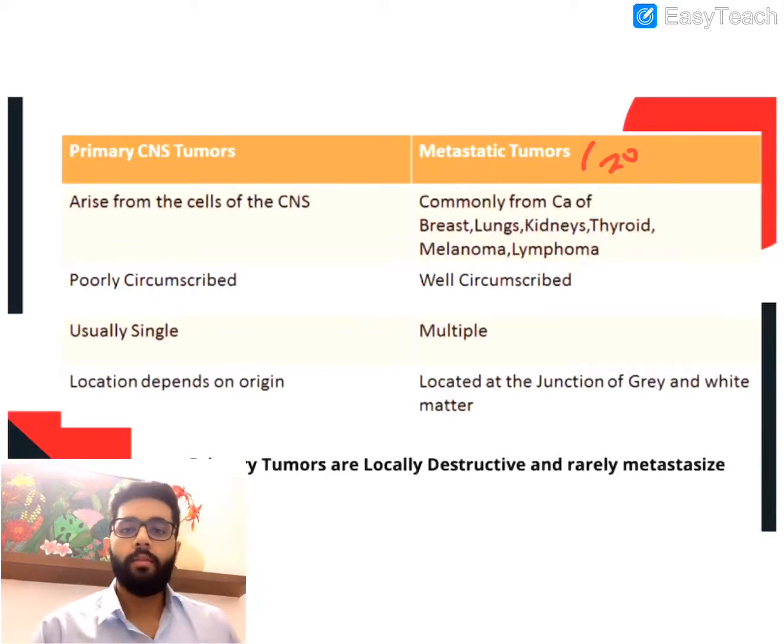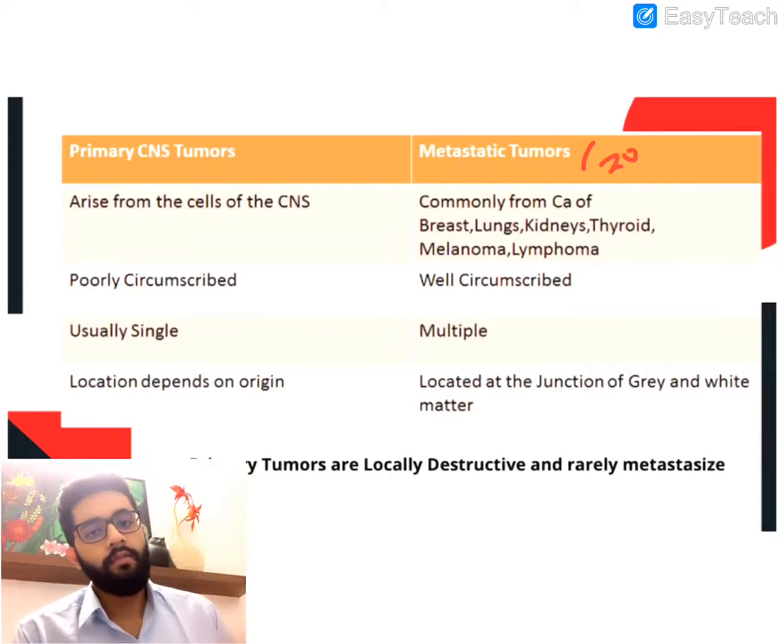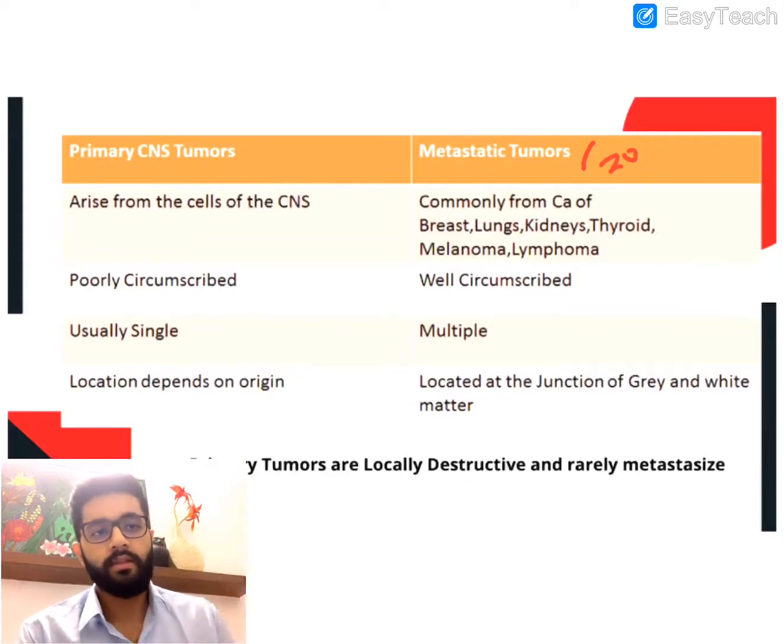So where are the common sites that the metastatic tumors come from? Firstly, CA lung. The most common site from which brain tumors metastasize is CA lung. So carcinoma lung is the first thing you have to remember. The second most common site is CA breast. So both lung and breast carcinoma frequently metastasize to the brain. Other than this, it's also important to note a few other malignancies which include thyroid, melanoma of the skin, lymphoma of the blood, and choriocarcinoma, which is a gynecological malignancy. So these are the common malignancies that metastasize to the brain.